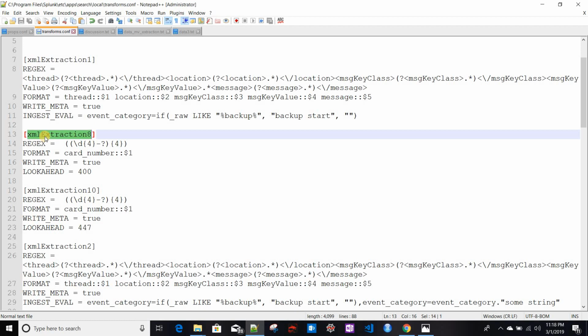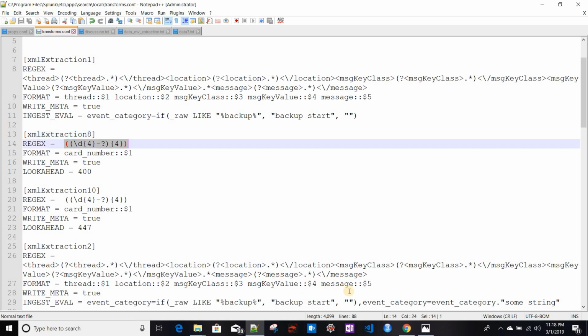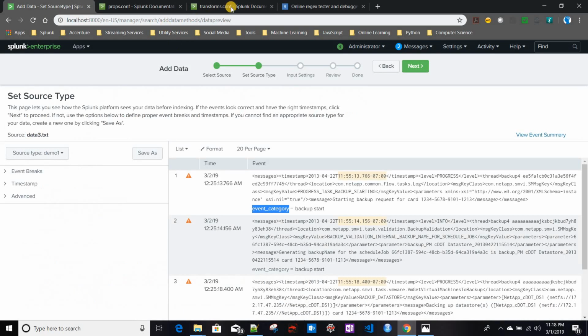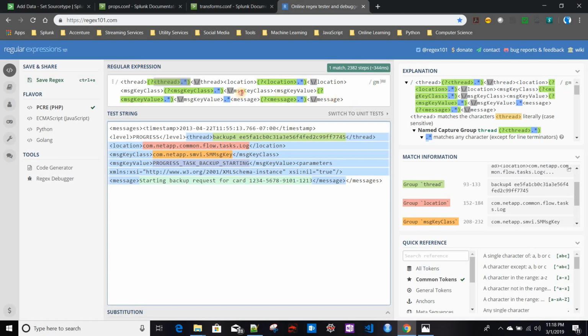to the next demo, XML extraction 8. Don't worry about this name, because when I was doing the POC, this idea came long after I was doing the other stuff, so I just gave this name to not lose this particular sequence. Let's see how this particular regex works first. If I just copy this regex over here,